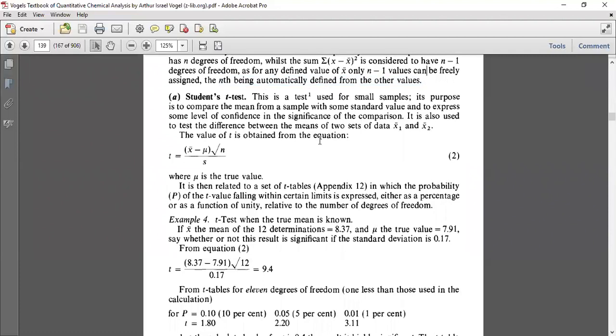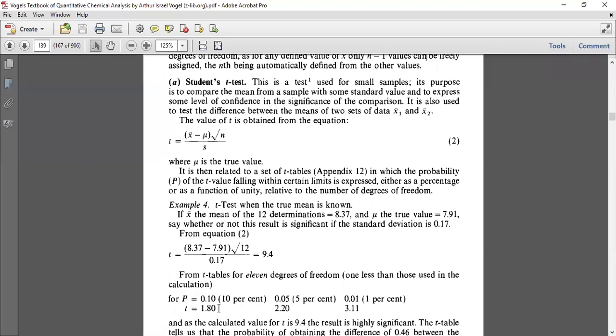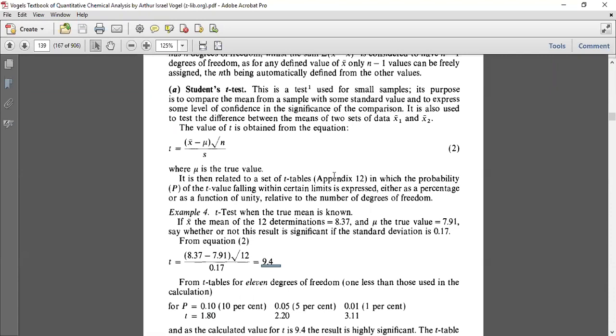My understanding is that they have given a set of standard tables in the appendix, and based on that we are using this value. For example, for L1 we are using 10% probability of 1.80. So that is a given, and we are referring to this as a standard to check our result. This is my understanding. Still, this is a question. I will again cross check it, and again I will get back to you. Okay. Thank you, sir.